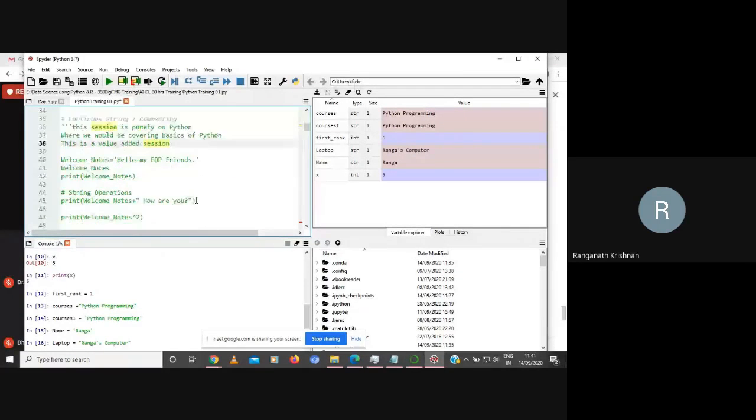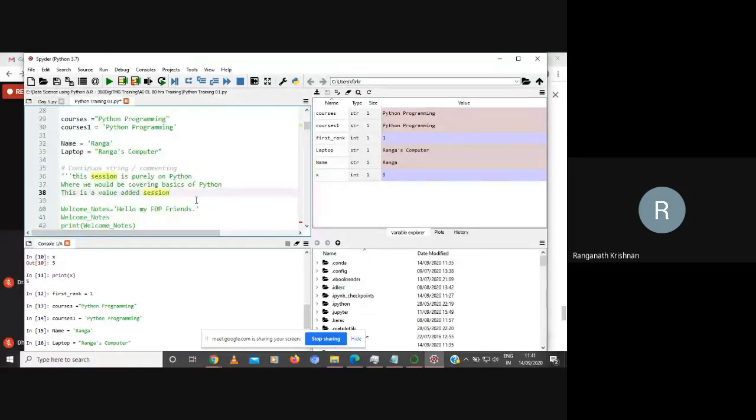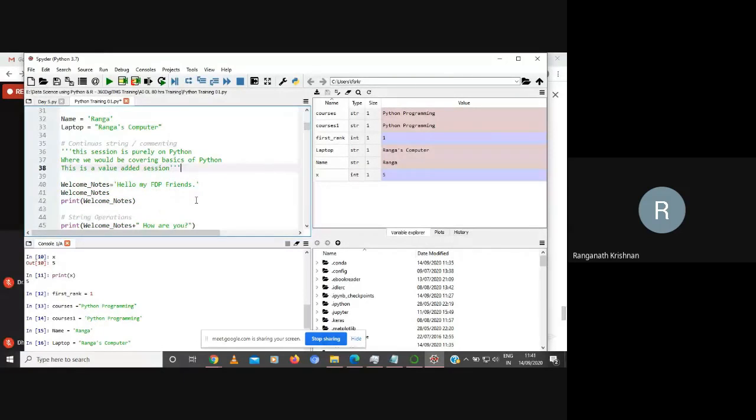It will all be in green. If you can see, my entire file became green. So please be aware of that. Make sure you close the quotes. Okay. So when you close the quotes, it changed back the color. There is also another use for this. If you have a continuous string that you want to store, you can also use these 3 quotes, put a value in there, and then store it.